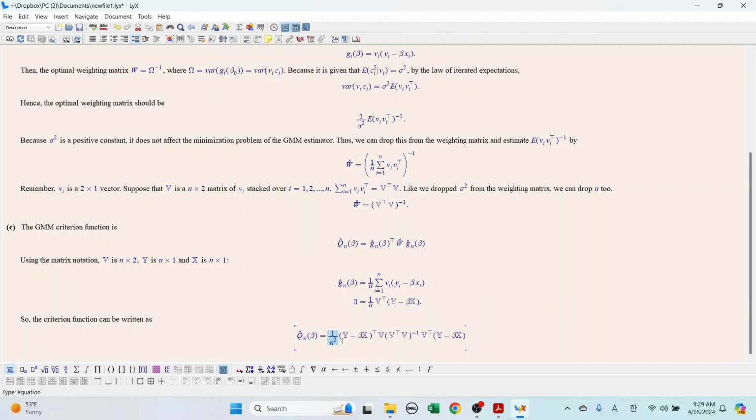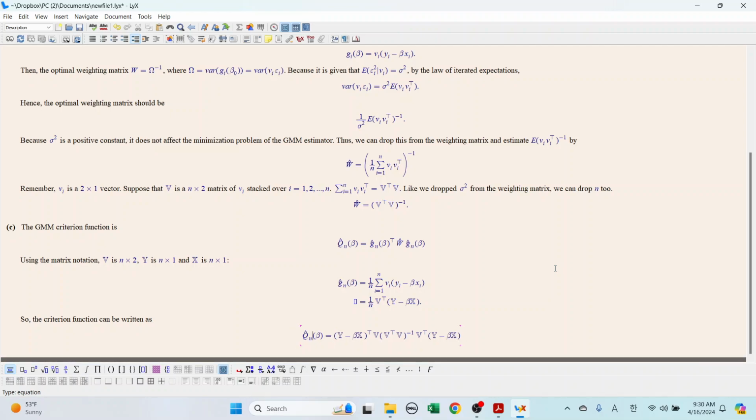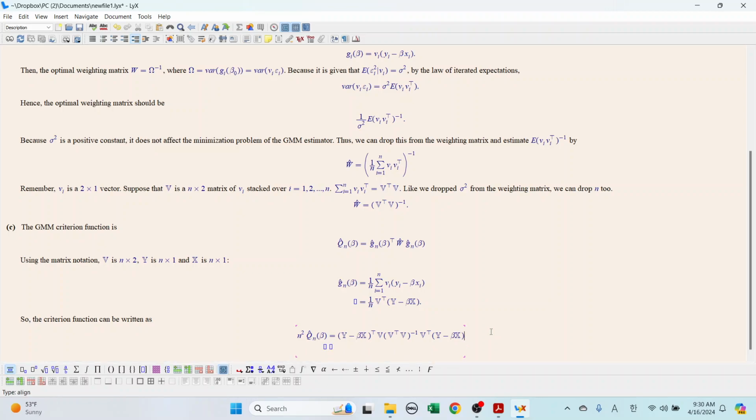Minimization does not change even if you have it or not. 1 over n squared does not matter. You can delete that, or you can just multiply by n squared, because multiplying by a positive number does not change the minimization problem. So you have this. And what I want to show you here is that this middle part is a projection matrix,